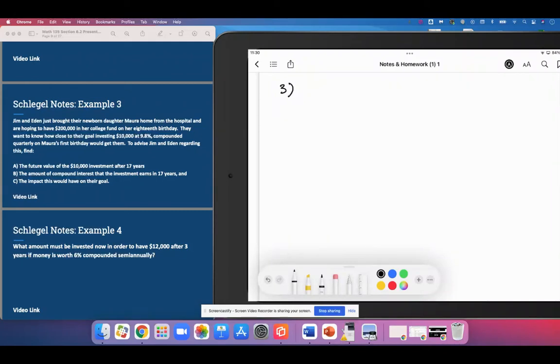Example 3 brings us to Jim and Eden, who just brought their newborn daughter Maura home from the hospital and are hoping to have $200,000 in her college fund on her 18th birthday. They want to know how close investing $10,000 at 9.8% compounded quarterly on Maura's first birthday would get them. To advise Jim and Eden regarding this, we're going to find the future value of the $10,000 after